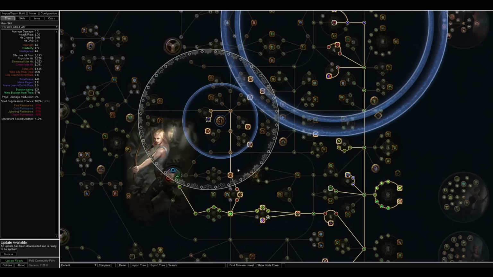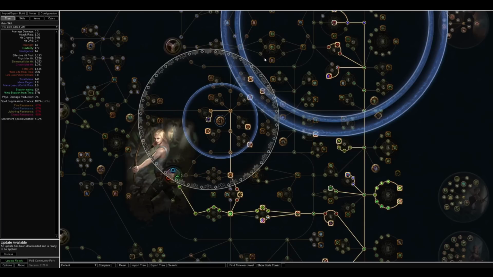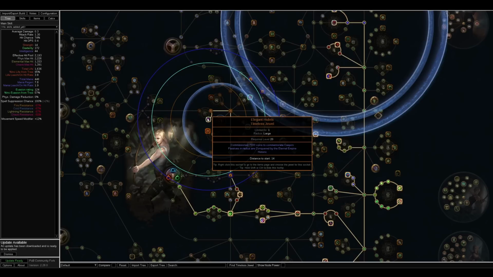Thus, we only need to allocate 1, 2, 3, 4, 5, 6 passives to pick up the Elegant Hubris, but we are able to pick up 1, 2, 3, 4, 5, 6, 7. We are able to pick up 7 different notables that will massively improve our build. And to show this, I actually picked a specific number for our Elegant Hubris, which is 7,500, and this is